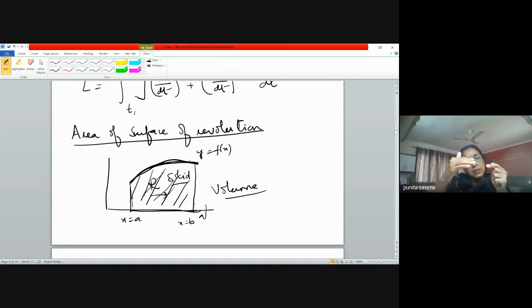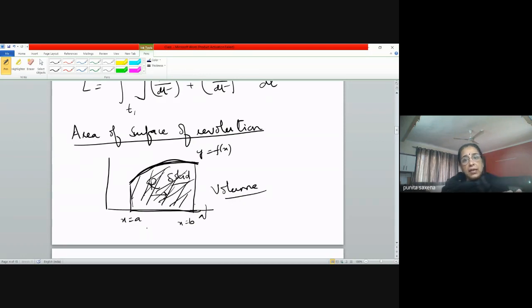Now imagine that the thread that you had kept on this is such that it can be opened, right? So that when a solid is generated and when you open that thread, what will it do? It will cover the outer portion of that solid, right? When this shaded region was revolved, we got the inside portion of the solid. And since it could be filled, that's why we talked of its volume.